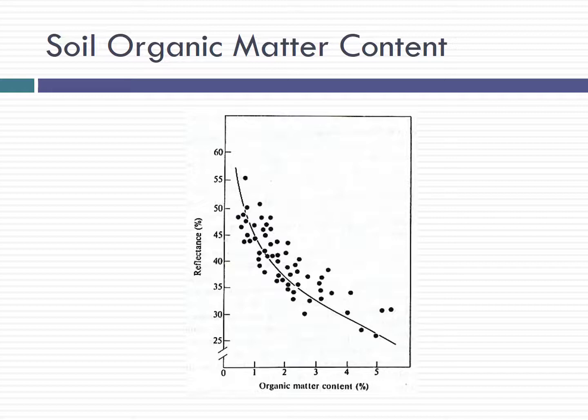What happens is the organic matter absorbs the electromagnetic spectrum better, more of it, and so you go from having little organic matter and reflecting everything or a significant amount of things, up to I've got 4 or 5% to now I only reflect maybe 25% of my energy,